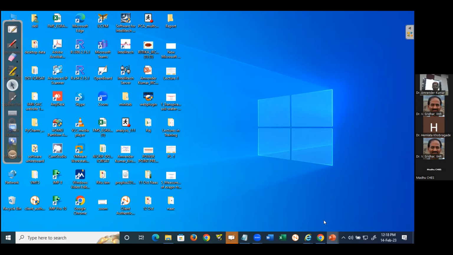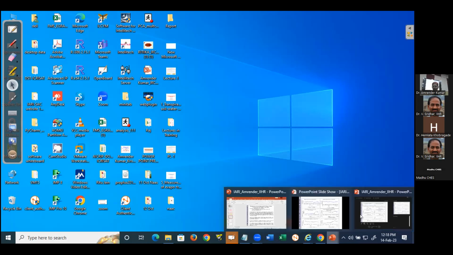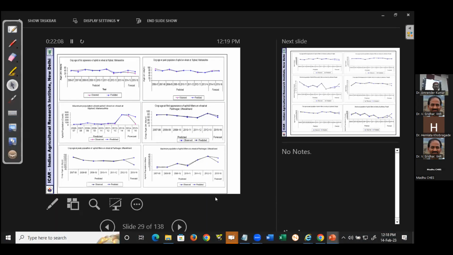So, just you see, these are the... I think it is a visible screen. It is visible. Yeah. So, this is the slide in which we work on the wheat feed. Wheat feed is nowadays not a problem in India. If you think of the last 10 to 15 years, we normally heard that wheat is free from the